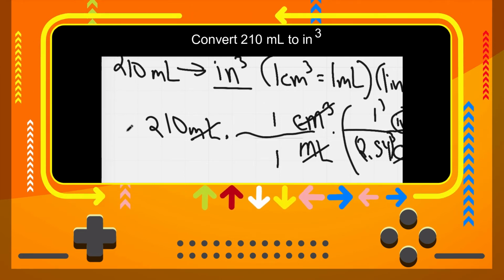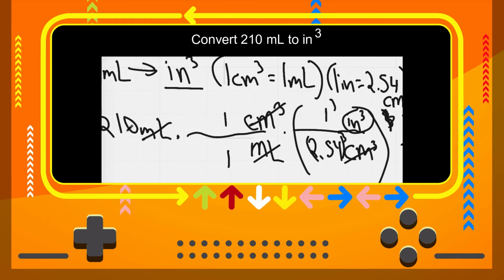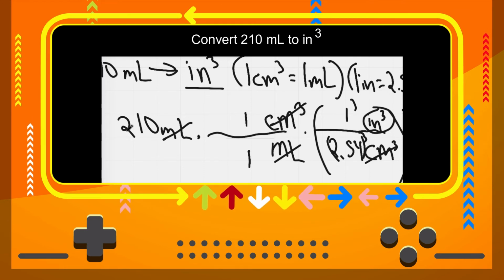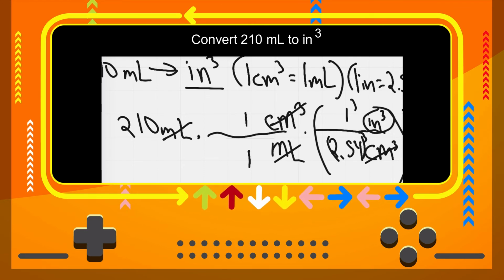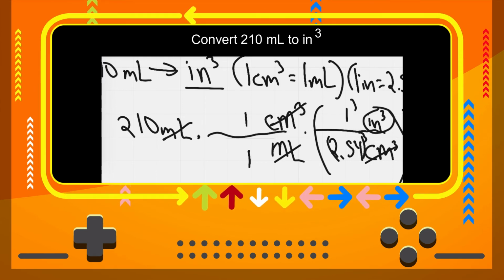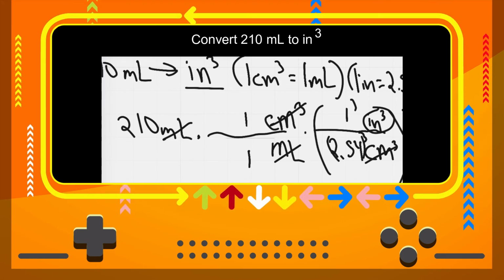So it's really just 210 on the top. And on the bottom, it's going to be 1 times 2.54 cubed. So what is 2.54 cubed? 2.54 cubed, in case we didn't know, because I didn't know, is 16.39. All right. So we got 210 on the top,